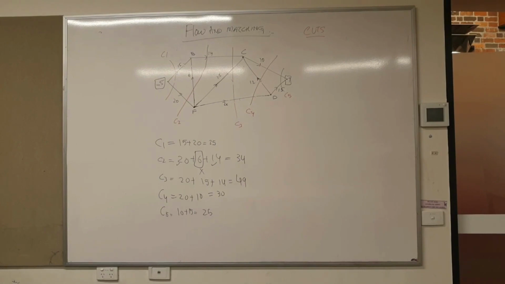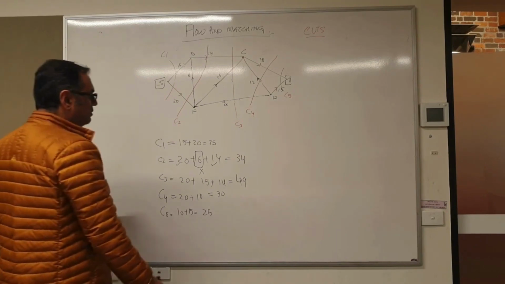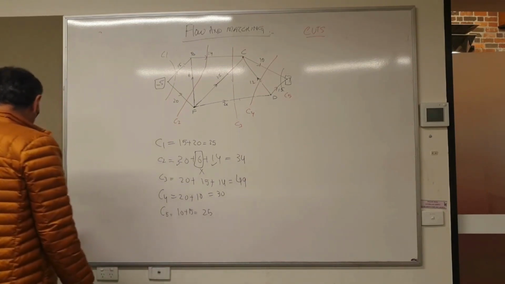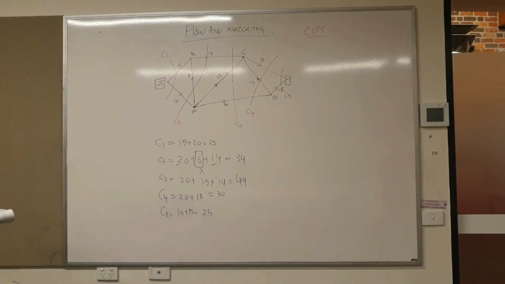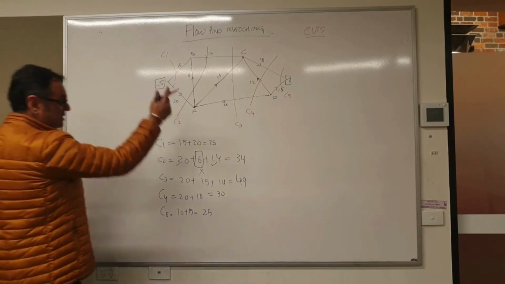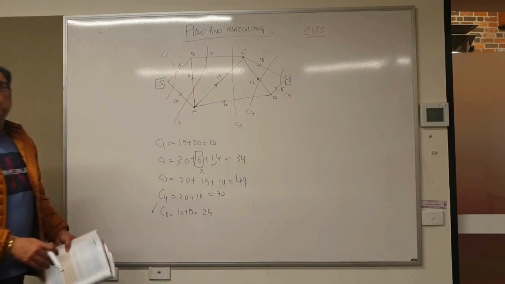All good? So what will be the capacity? Which is the minimum capacity? Right? So that will be the capacity of this particular